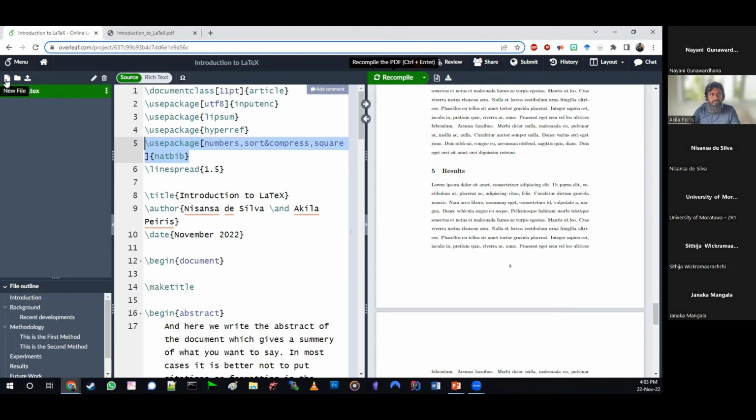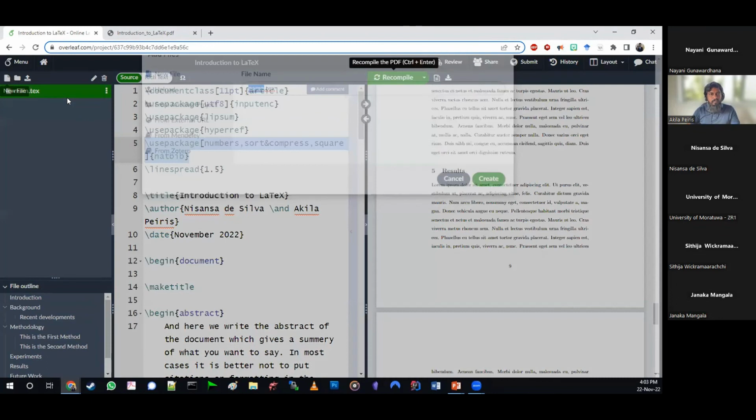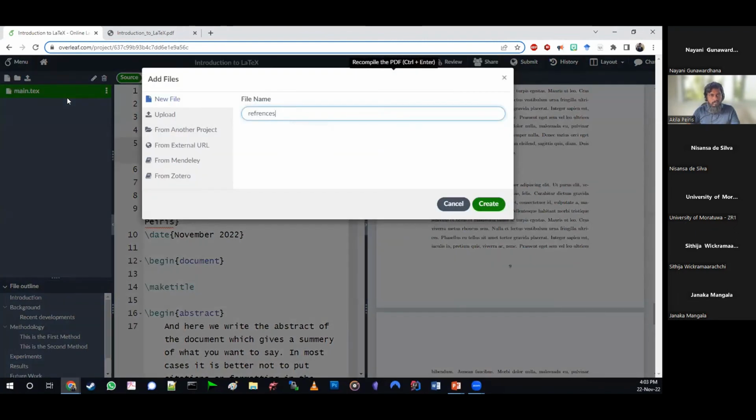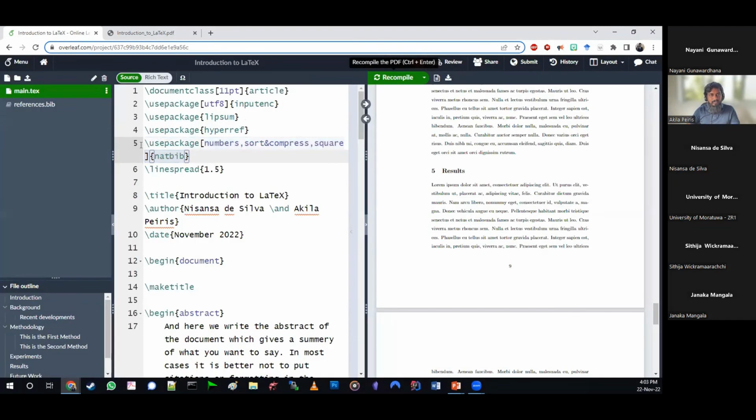Let's look at them. So in LaTeX, the way to add citations is to create a bib file. So let's call it references.bib. Now we would create references.bib. The first step was to tell LaTeX, okay, I am going to cite stuff. Then this is from where I am going to cite stuff. And then you have to say, where do I need my citations to go?